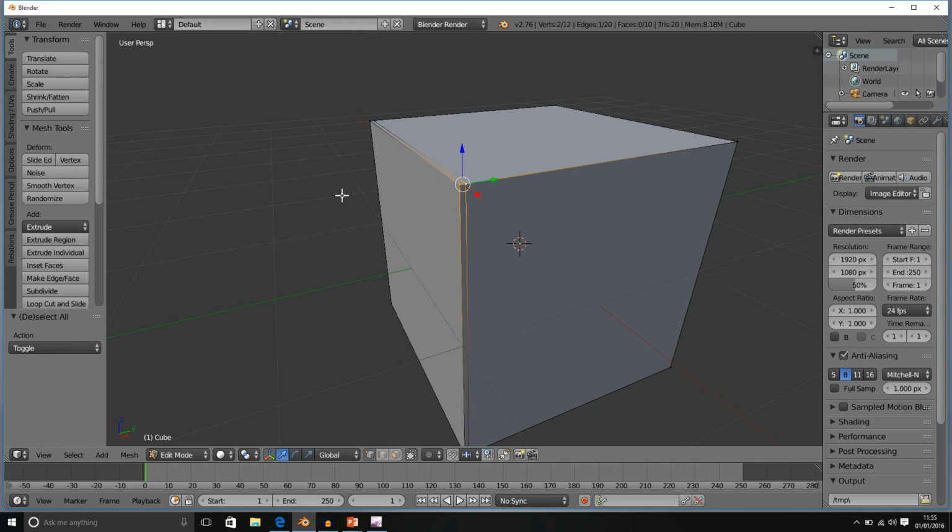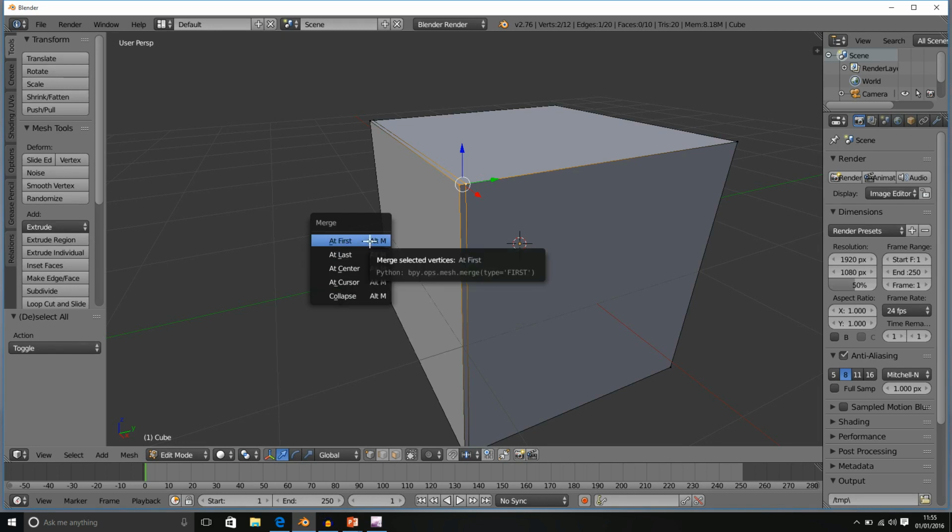So at first means, if we bring that back up, that the two vertices will merge at the first selected vertex's coordinate. At last means that they will merge and join at the second vertex's coordinate. At center, in the center between them, and at cursor they will merge where the 3D cursor is.